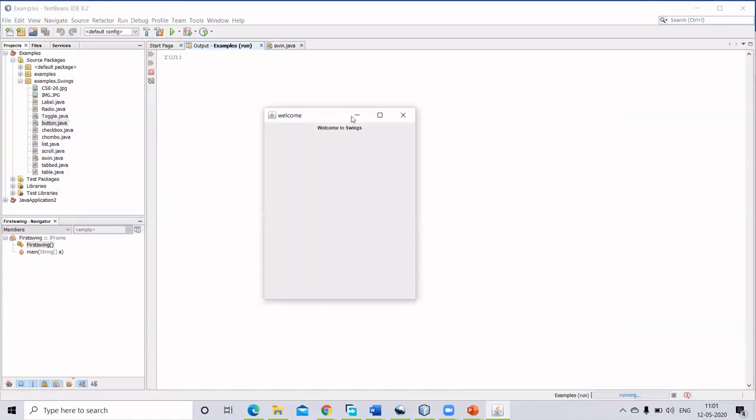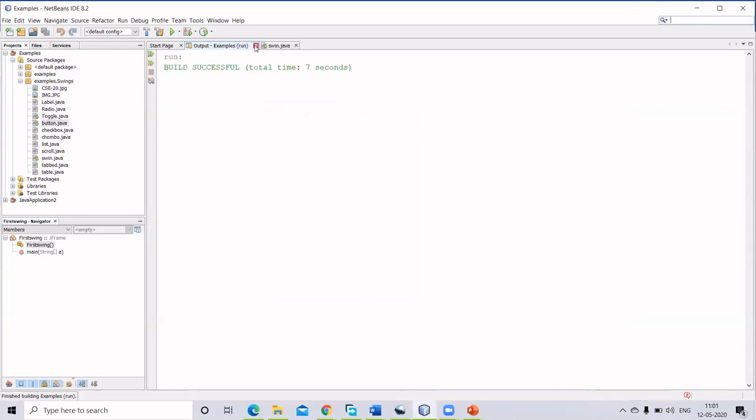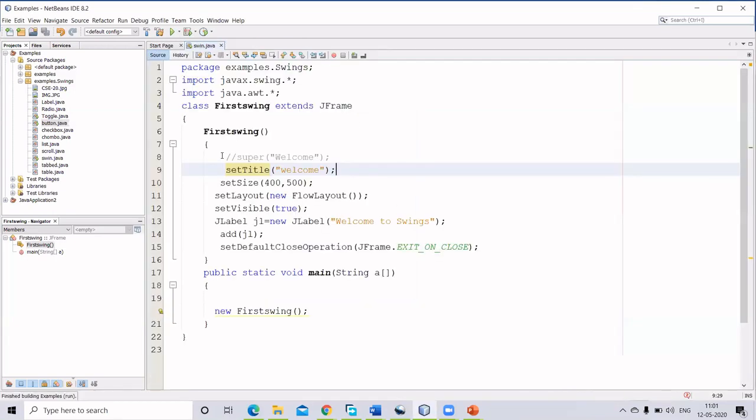Is it clear? Yes, ma'am. So either you can use super or you can use setTitle. Both are going to set the title of the particular JFrame window. So this is how you can use JFrame in the form of the inheritance concept.